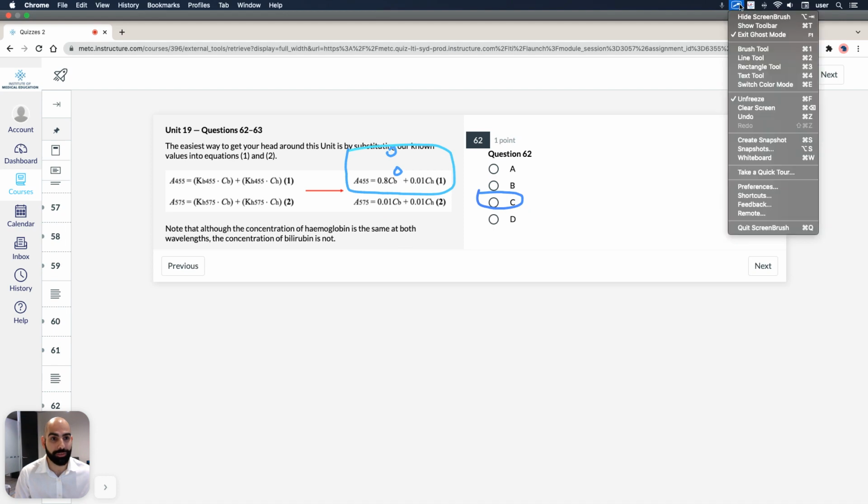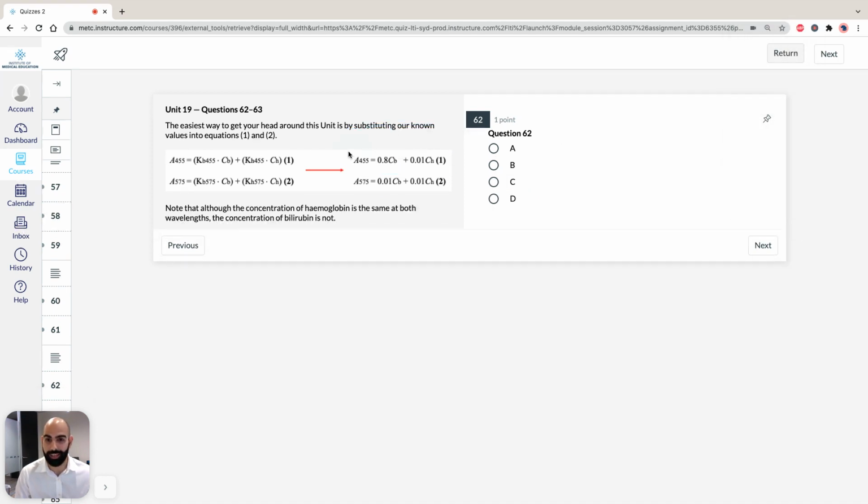Now, if we move on to question 63, again, if we take a look at our equation, we can clearly see that the absorbance of hemoglobin at both 455 nanometers and 575 nanometers is going to be the same. So therefore, we can now calculate the absolute concentration of just bilirubin in the solution because of this. Because bilirubin's absorption spectra is different at both wavelengths, we can now